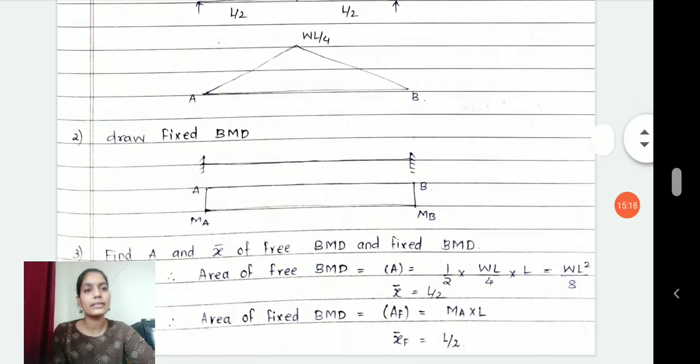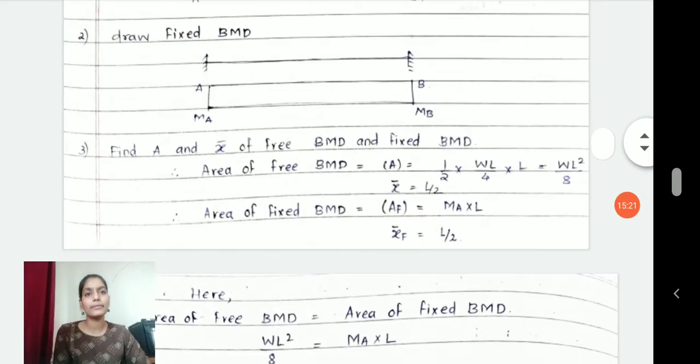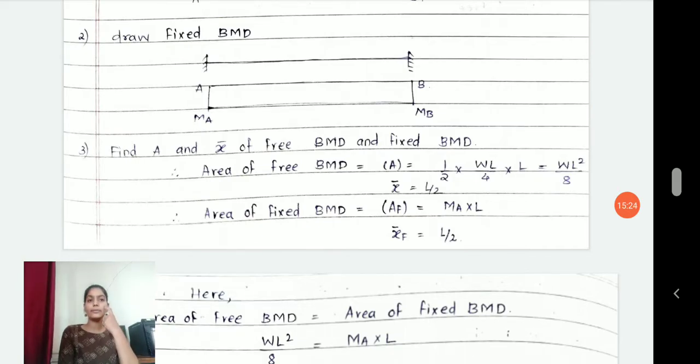Now see, we are done with the simple support. We will go ahead with the fixed end bending moment diagram. If I have a fixed end, you have to understand first of all that we have removed the loadings from it. We have done with the loading, whatever loading was there. We have drawn a bending moment diagram and calculated the bending moment value by keeping simple supports. Now I am fully concentrating on the supports which were fixed earlier. If it is fixed, what will we do? Support reactions we will calculate, and in between there is nothing because loading we have already dealt with.